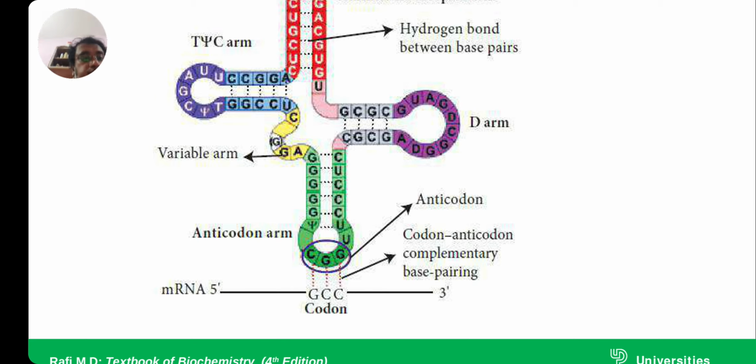Base pairs in transfer RNA. The structure of transfer RNA is maintained due to complementary base pairing in the arms. The four arms with their respective base pairs: acceptor arm 7 base pairs, T psi C arm 5 base pairs, anticodon arm 5 base pairs, D arm 4 base pairs. So the arms in transfer RNA: acceptor arm, anticodon arm, D arm, T psi C arm, and another is the variable arm. Thank you.